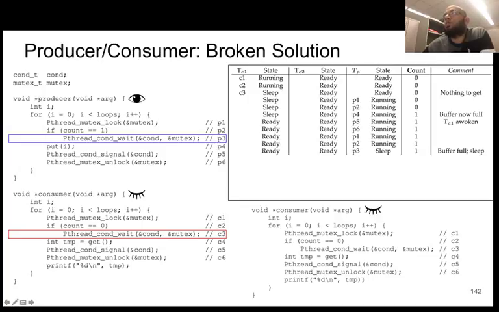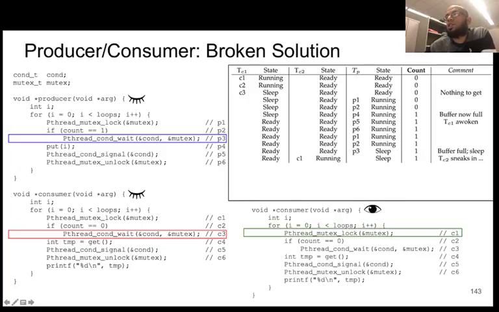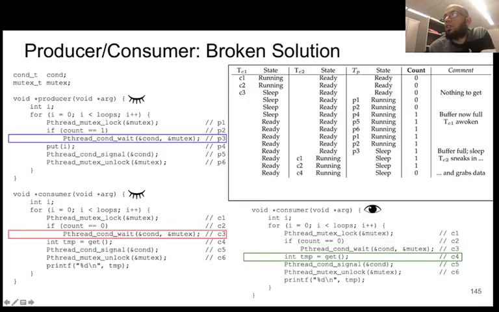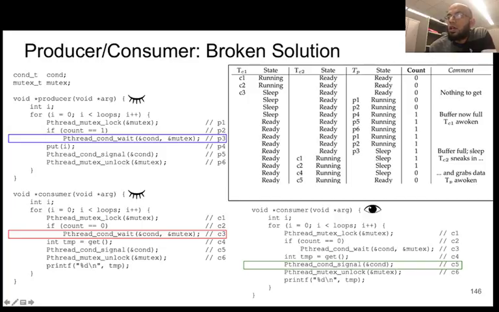Okay, now while the producer is sleeping, one other thread can get scheduled, and now it's TC2's turn, because it's going in turns. So it starts running, basically acquiring the lock. Okay, and now if count equal to 0, it's not equal to 0, so it grabs the data. Okay, and now pthread_cond_signal, so it's now going to basically